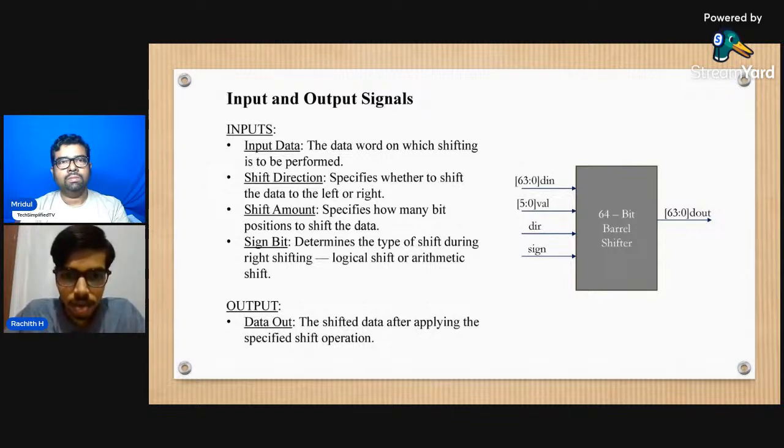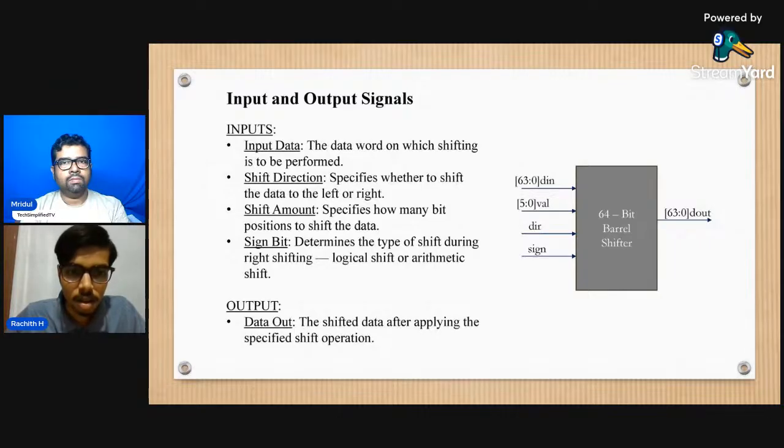with set of inputs and a single output. So the inputs are as follows: input data, the data word on which shifting is to be performed. This word is given by the user on which the shifting operation is being performed. So the next input is the shift direction, specifies whether to shift the data in left direction or in right